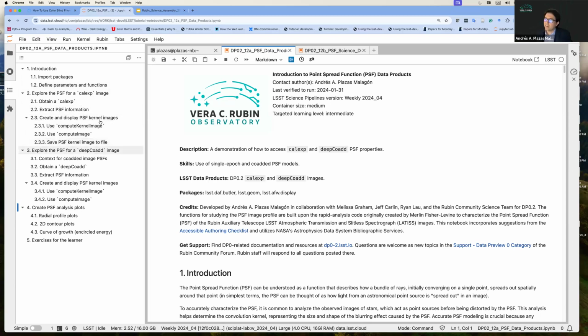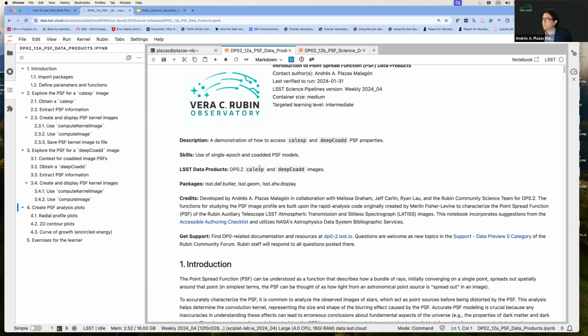We're going to learn how to display this PSF model. And then we're going to do very simple plots on how to first-order analyze these images, or these models that we're getting. For example, making radial profile plots, two-dimensional contour plots, or curves of growth. So this is going to be the first tutorial in the first half hour of